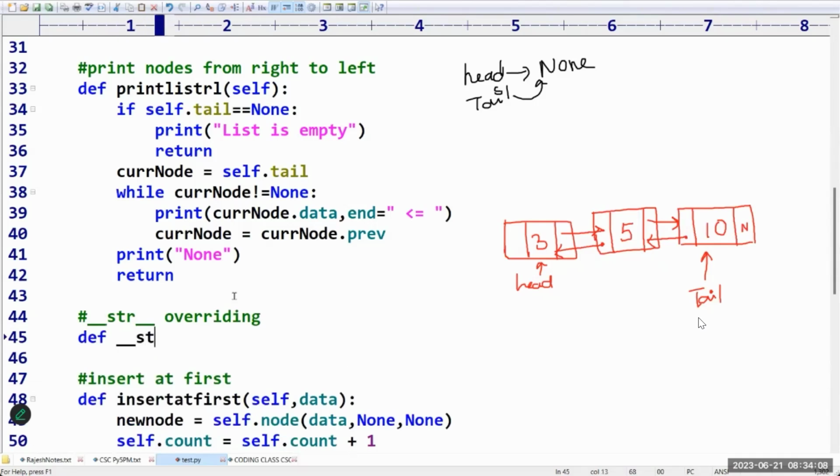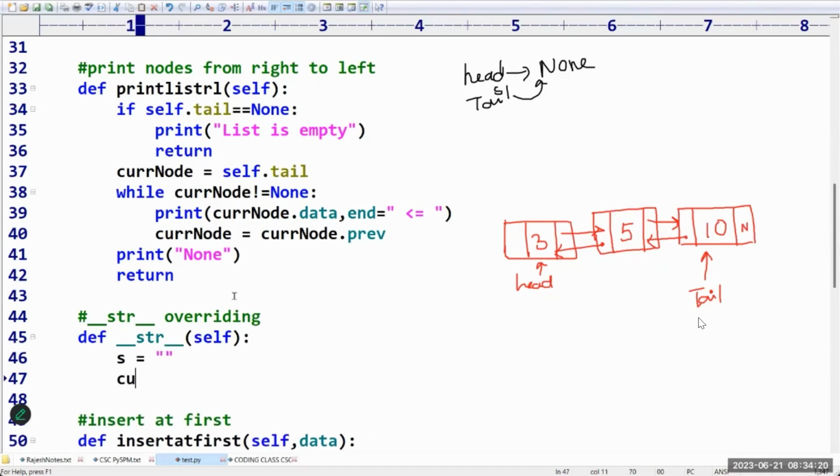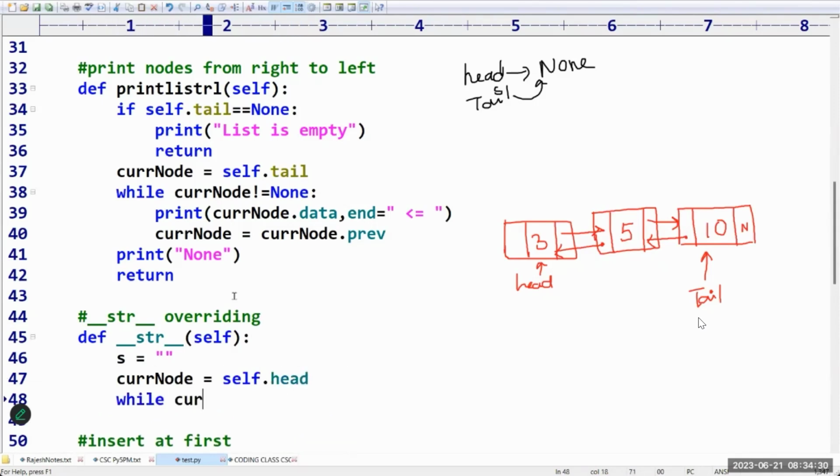So def __str__ within bracket self. If you write any code here, it will print that code. Sir, what I am going to do is I will declare one empty string, because it will always return a string. My current node will always become self.head. Then while your current node is not equal to None, I'm going to add to the string: string plus, in the formatted string,